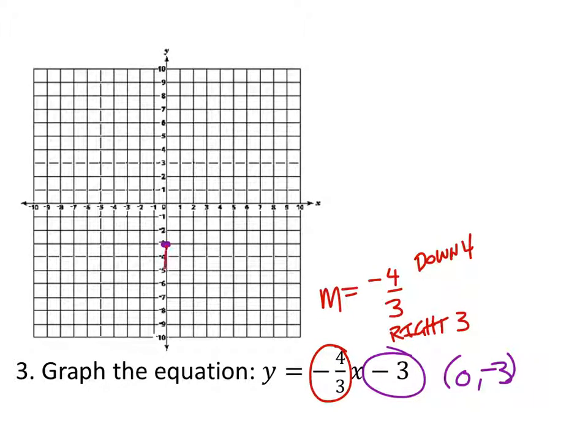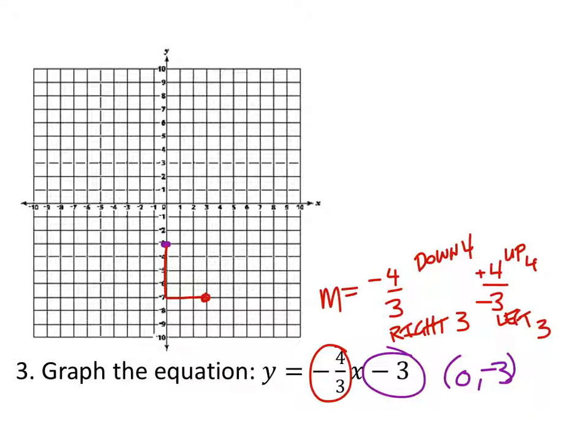Down 4 to the right 3. So this would be the next point. Now I can't show the next one, but what I do want to show is more points, just so that we can confirm the pattern. So instead of making that negative 4 over positive 3, I'm going to make that positive 4 over negative 3. Now the 4 is positive, so I'm going to go up 4. And the 3 is negative though, so I'm going to go to the left